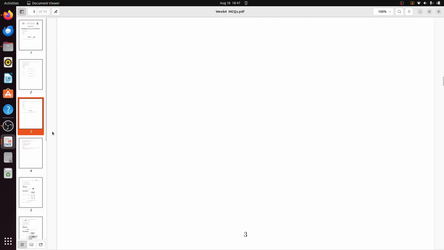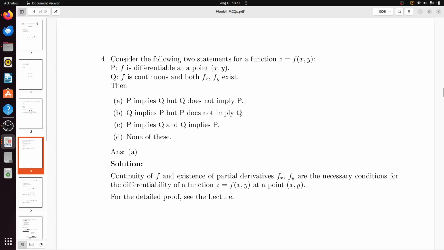Okay, so now the next question. Consider the following two statements for a function z equal to f(x,y). f is differentiable at a point (x,y), and f is continuous and both fx, fy exist. Then P implies Q, but Q does not imply